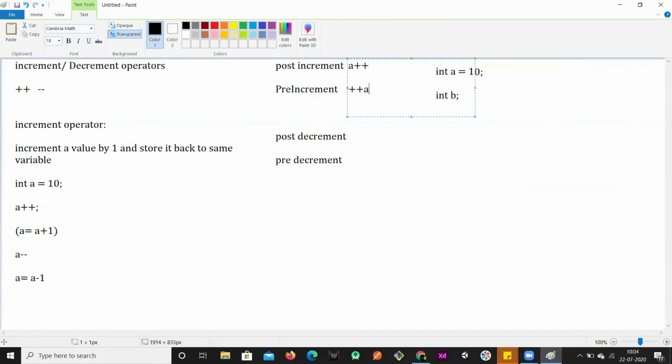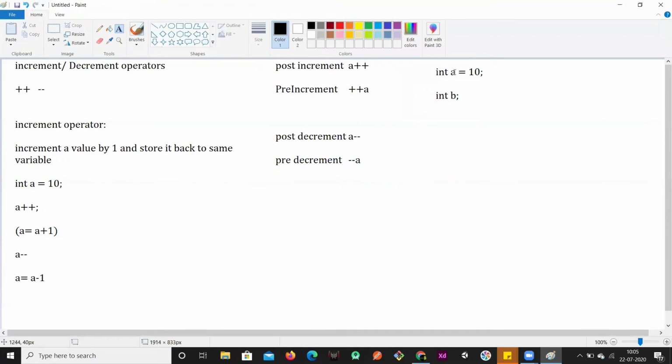So it will be denoted in this way. Pre-increment means plus plus will be written in the front, on the left side of the a. So the leading plus will be in the leading position. Minus minus is post, right? a minus minus. Pre-decrement means minus minus a. Both will do the same task: increment or decrement by one. But when should I increment and when should I decrement? That is what post and pre differ in.